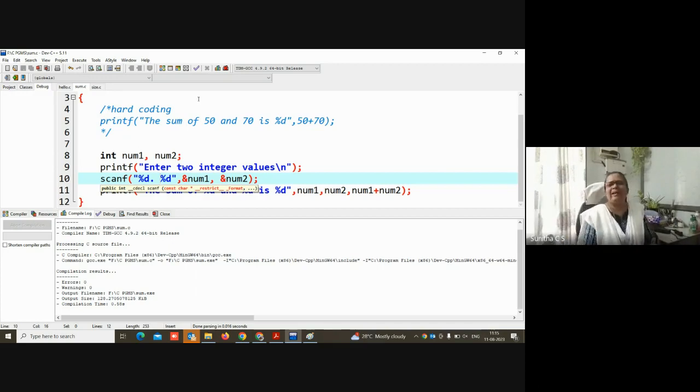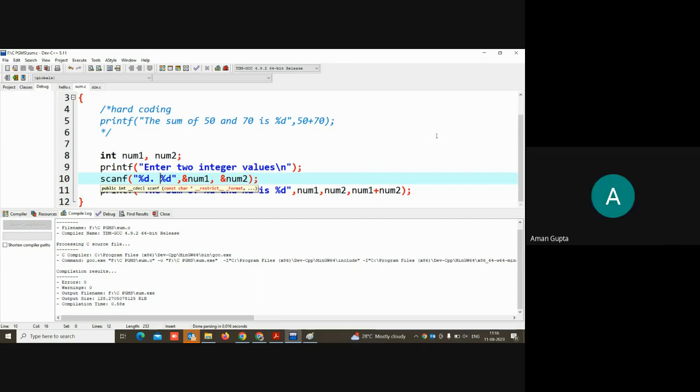You just try doing all the things, whatever is coming in your mind, you just try it out. Anyway, computer will not scold you, no? At the maximum, it will give you error. Hello, ma'am. Yes. Please, Aman, yeah.